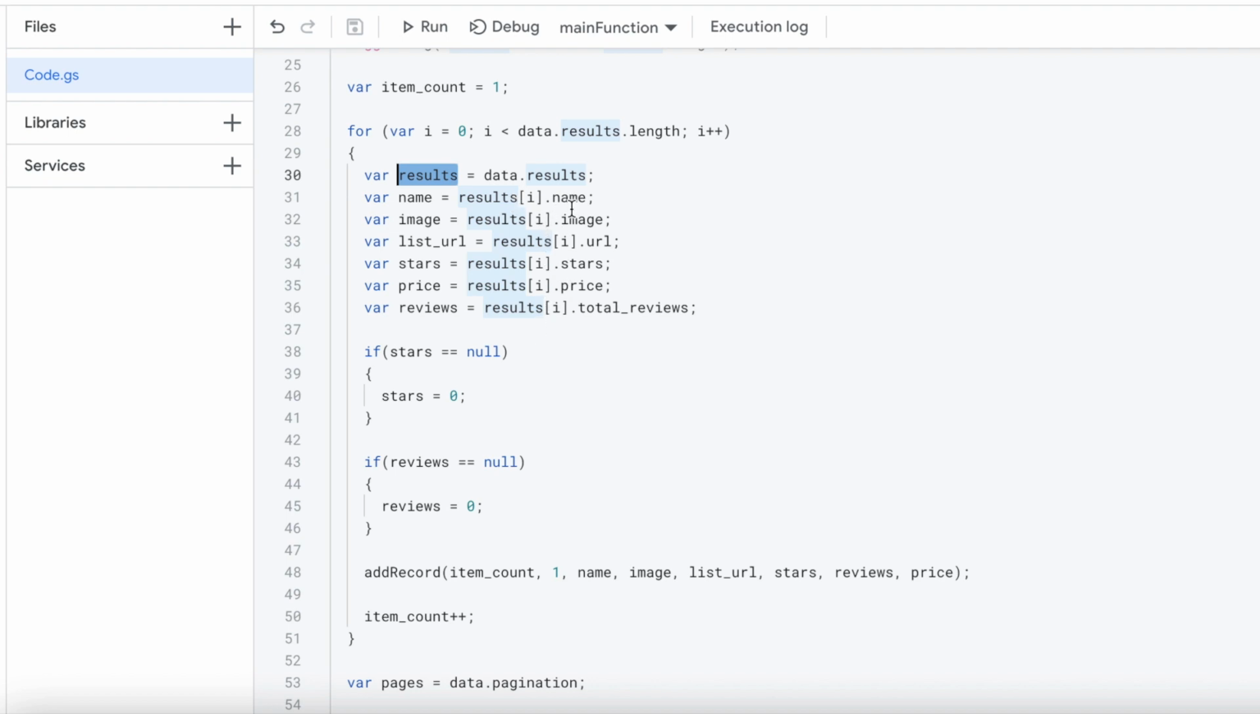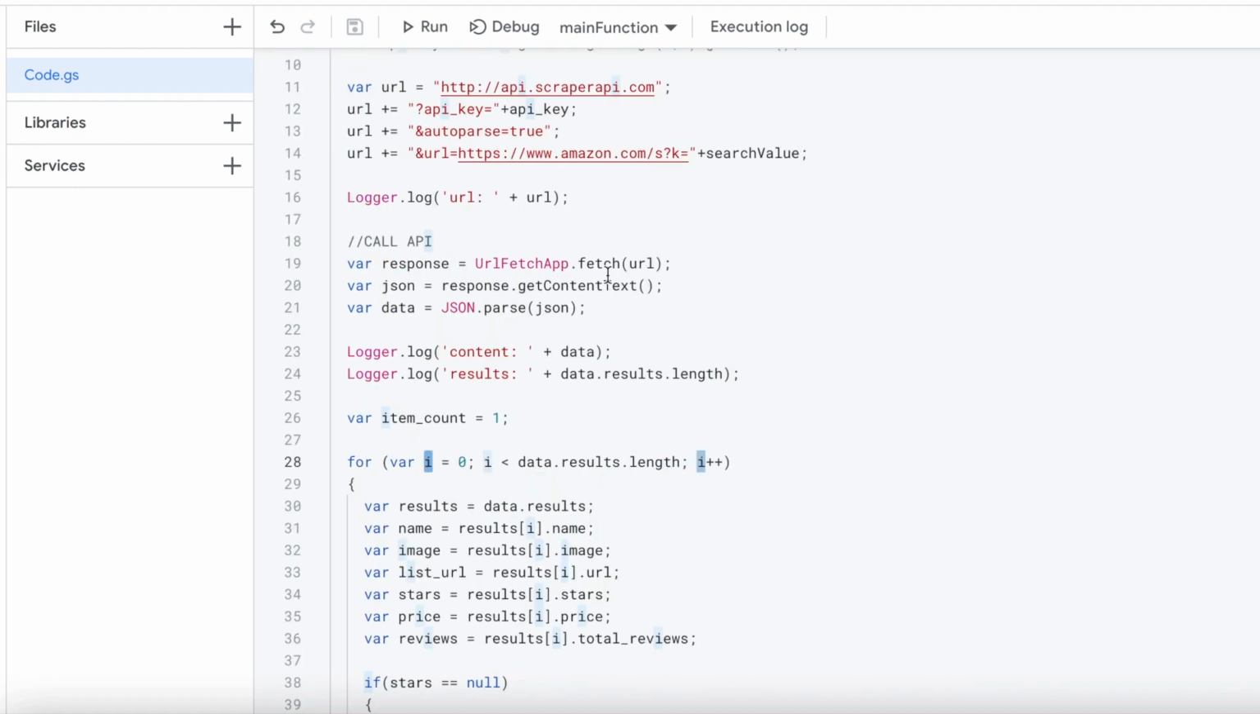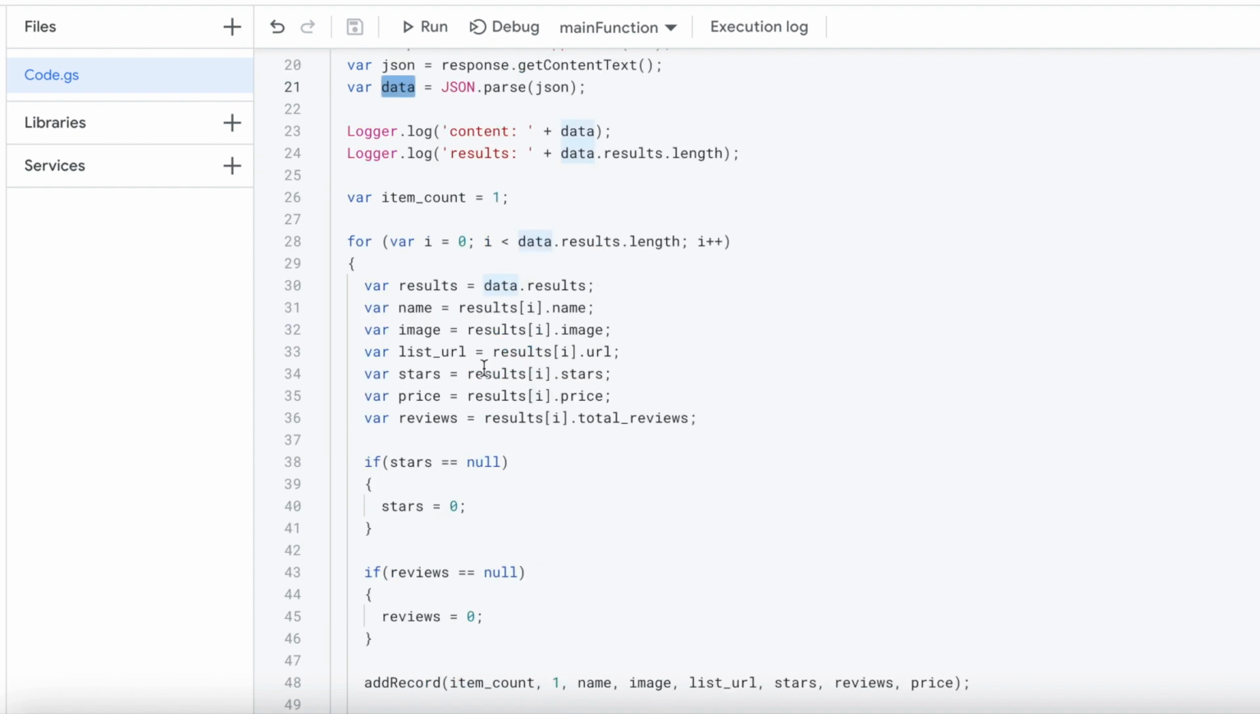I'm getting the name, image, URL, stars, price, and total reviews. And I'm using the I as the index for each one of these. So it's kind of like a multi-dimensional array that I'm cutting through, and that's being put into an array up here that I can cut through. So